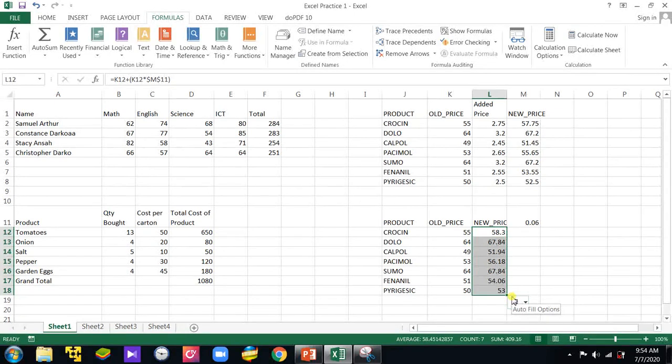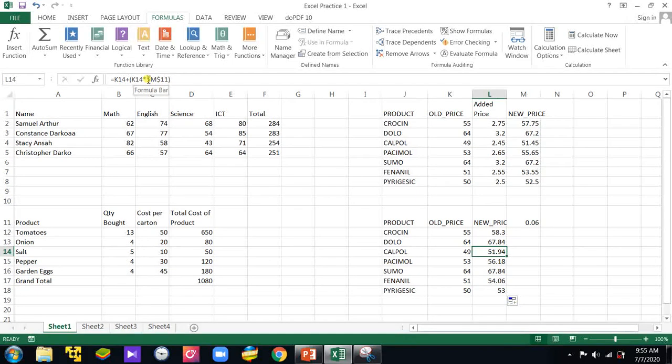So once I dragged it down, let me select this cell. What do you see? It didn't change. Instead of this one changing to M12, it is still multiplying K13 by what? The contents of this cell, which is what? M11. You click the next one, the same thing, instead of K14 multiplying M13, because you have made M11 constant,